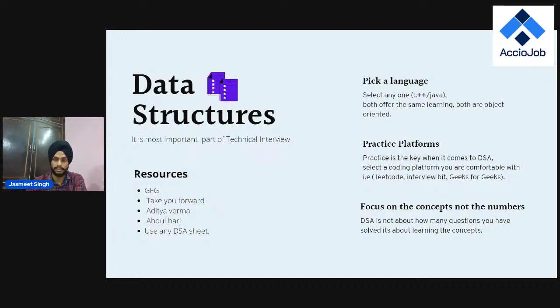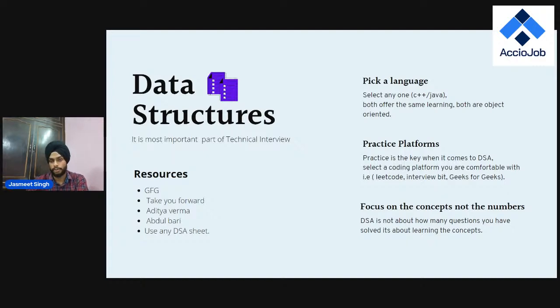It's just a matter of a week or so, and you will be good to go with the second one also. You can either pick one and stick to it, or if you are really confused about the benefit of learning C++ over Java or Java over C++, you can give a week to both. Try learning C++ for a week and then Java for a week. Then you will have a taste of both worlds, right? So you will be able to make your own decision whether you want to continue with C++ or Java. But at the end, I would pick any one of them and just start learning it.